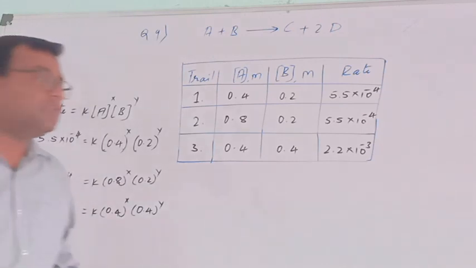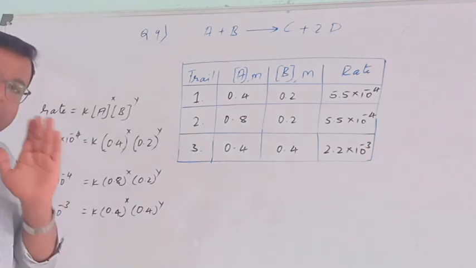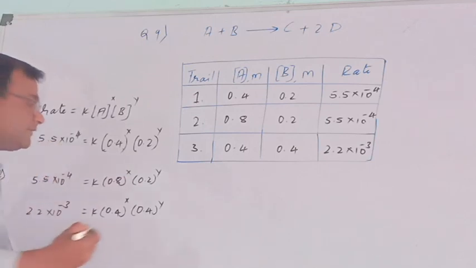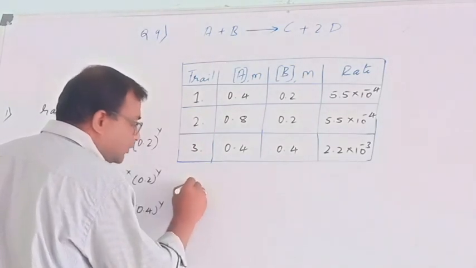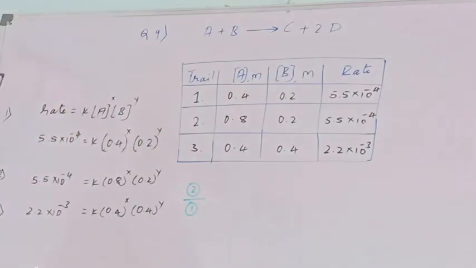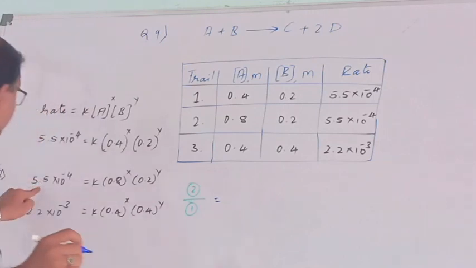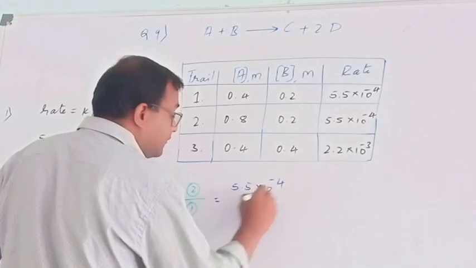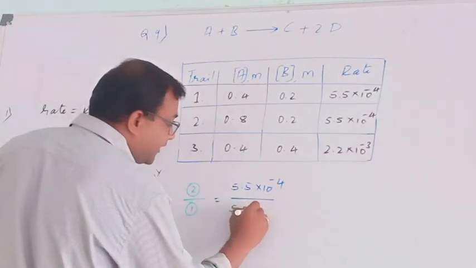Now how to solve this? This is experiment number 1, experiment number 2, and experiment 3. It's very simple. Divide experiment number 2 by experiment number 1. I will use a different color. Now, when we do 2 by 1, we get 5.5 into 10 power minus 4 divided by experiment number 1, 5.5 into 10 power minus 4,